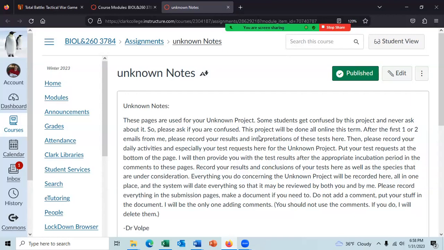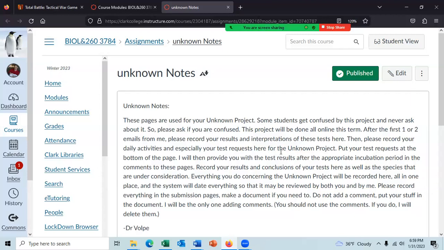And then when I send you the results, you don't have to copy my information. You could just say the color of the bacteria were pinkish. So that's the results. The observation is the results. And so my interpretation or conclusion is that it's gram-negative bacteria. And that would be your conclusion. So the results are your observations. The conclusions are your interpretations of the results.